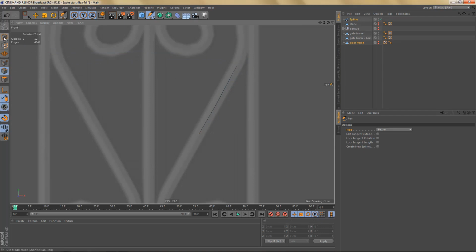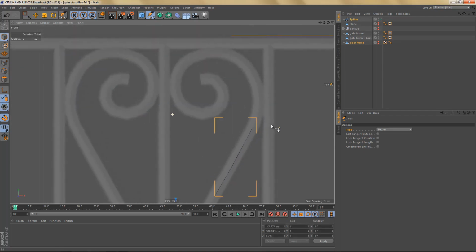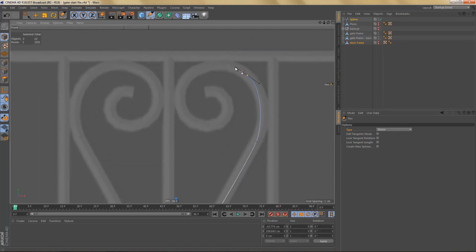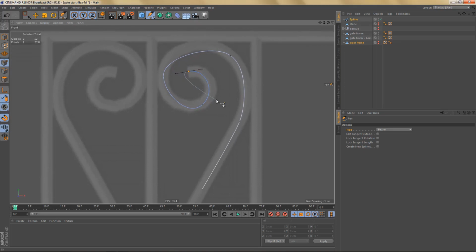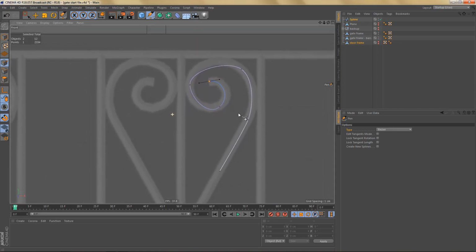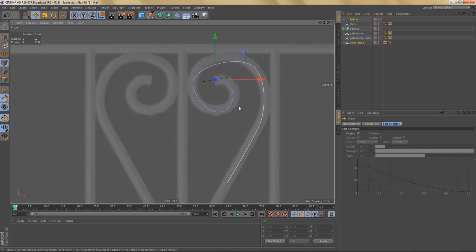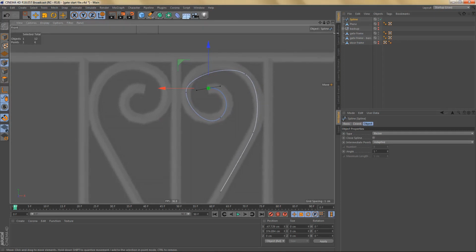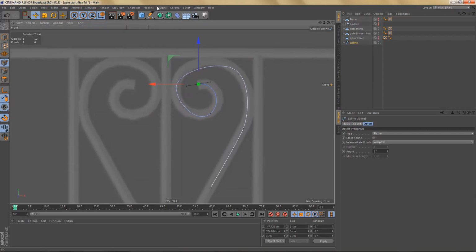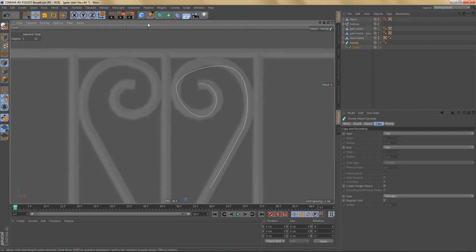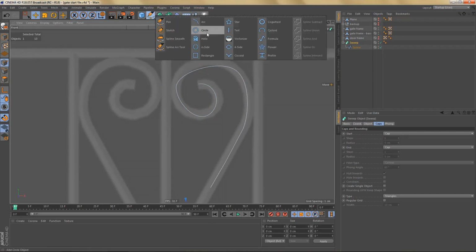Let's just go ahead and switch back to model mode. And I'll just create a few points where I think I'll need them. Okay, that doesn't look very good right now, but that's fine. So I think that's all the points that I need. And what I'm going to do with this is, let's drag this down. I'm going to put it in a sweep object, and I'll hold down the shift key and add an end